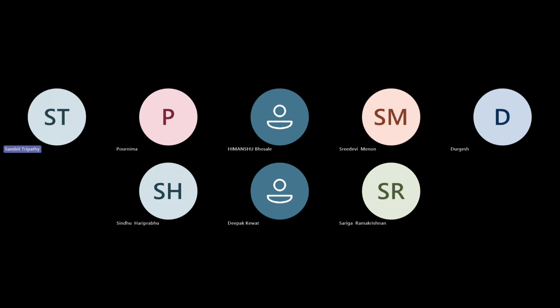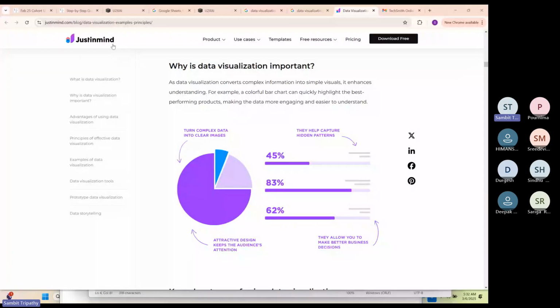So today's workshop is about using Looker Studio for data visualization. If you're thinking about what data visualization really is about, this is a simple presentation I just got from Google with a quick search. Whenever we look at data, it can tell us a lot of story. The simpler you can explain it to others, the better, because others can understand that, and that's the real value in business.